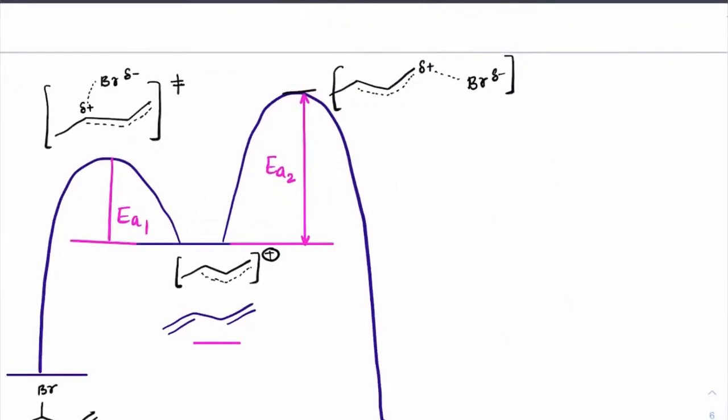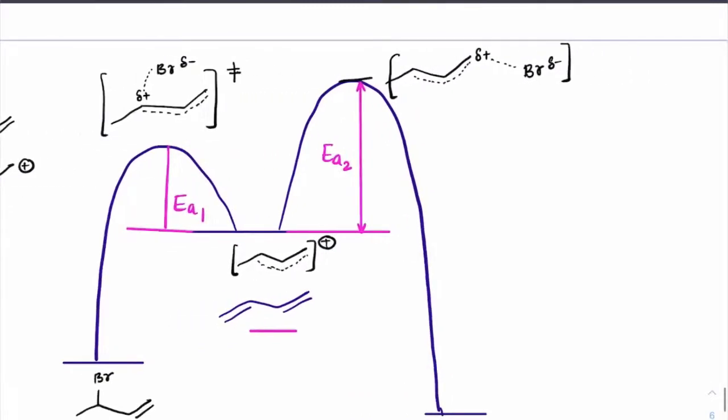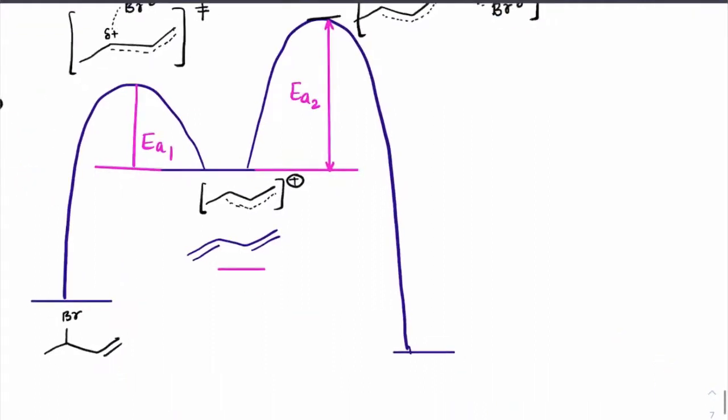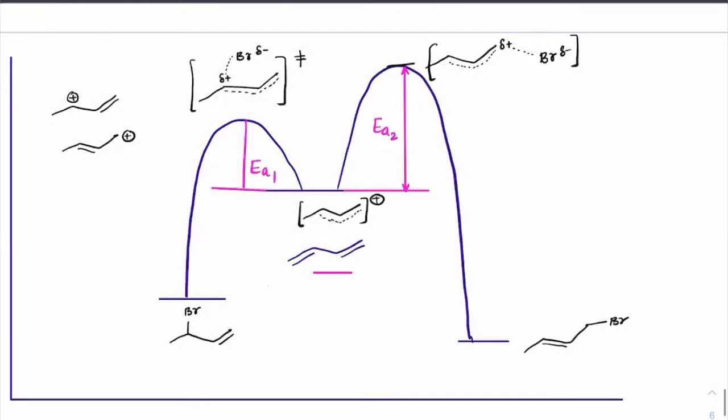While in this case, this delta is positive, which means it is coming from the second structure, in this transition state when Br is approaching, this has to go to even higher energy because this is not as stable as that of the first one. Now the product which is forming is a double bond here with Br. If you see product wise, this is more stable. But if you see activation energy wise, then this first one is the more stable carbocation. And these two would always exist in equilibrium with each other.